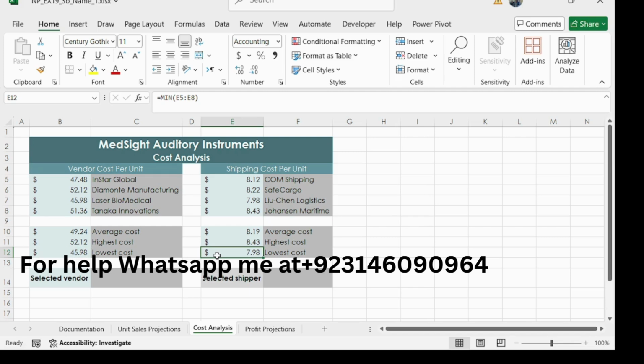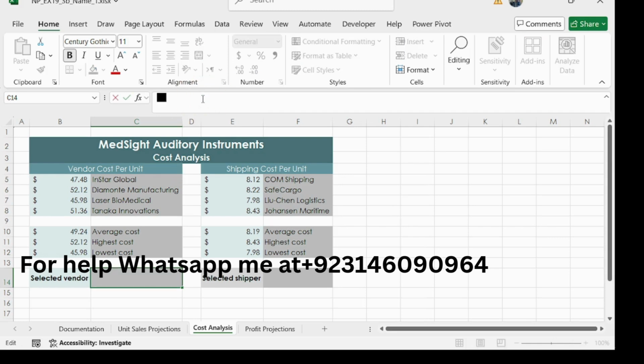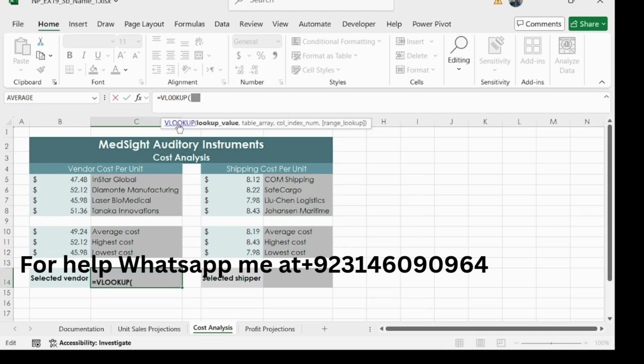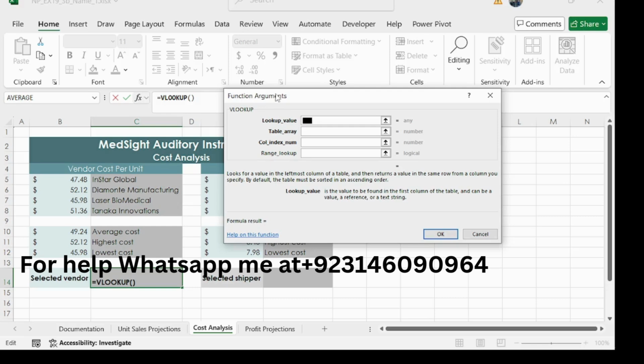So we have completed 7 steps here, and our step number 8 is in cell C14. So go to cell C14. This is cell C14. Create a VLOOKUP formula. So type equals VLOOKUP. Double click on it, VLOOKUP, and then in the function arguments, our lookup value is cell B12.